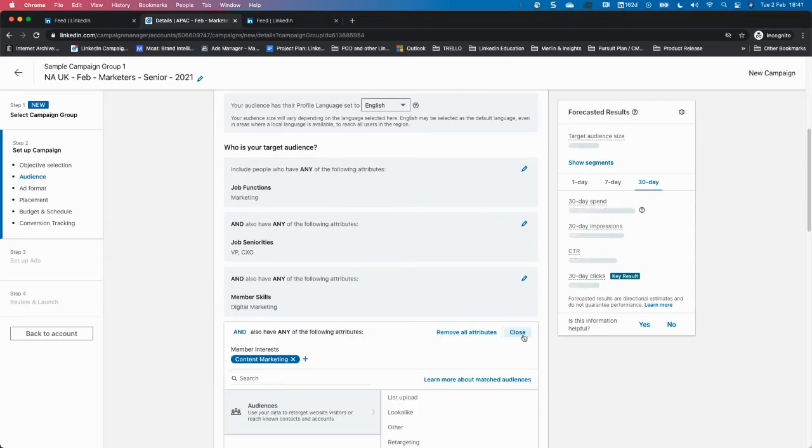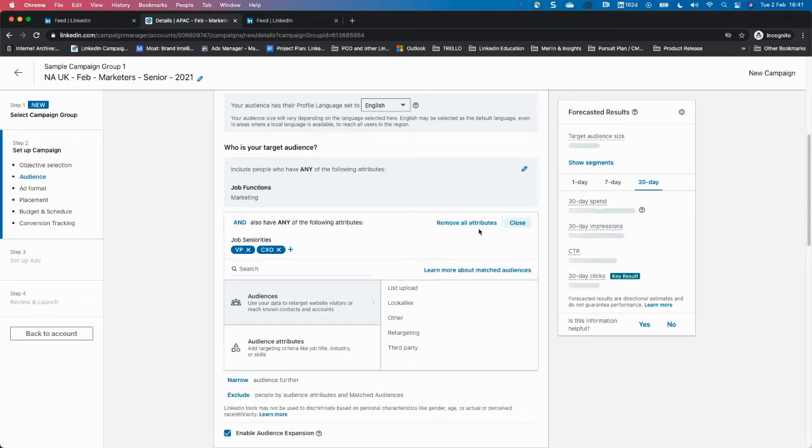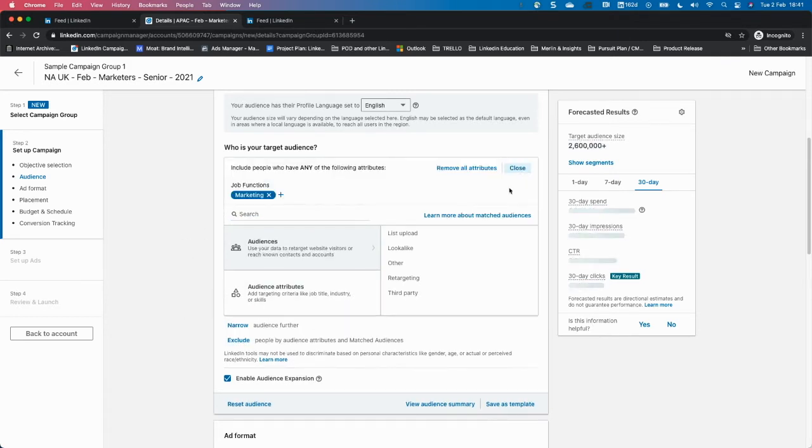Let's just delete all this, close, remove all attributes. Okay, I'm just going to remove all this and show you what happens if you don't click on the narrow function. Let's say this is narrow here. If you don't click on narrow, which many people forget to do, many people will just include, let's say, the marketing function straight away, and they just say, oh, I also want to target